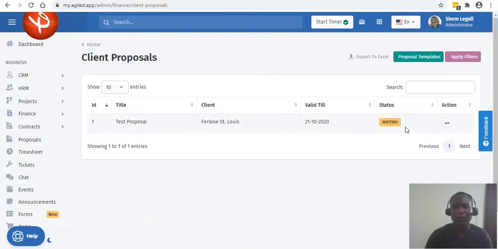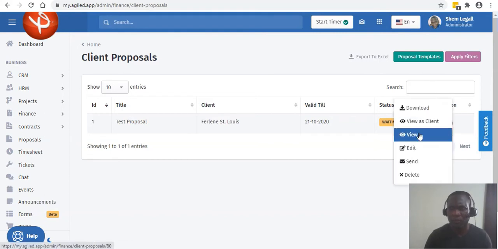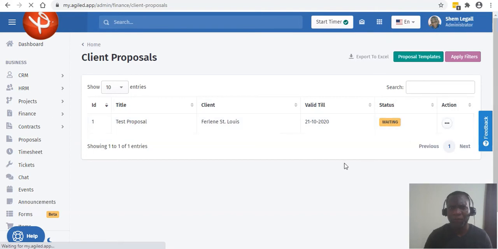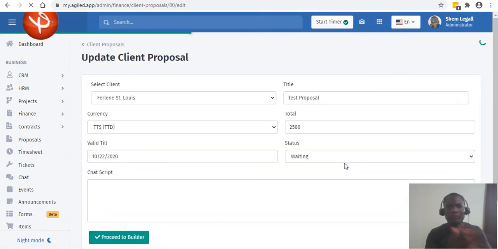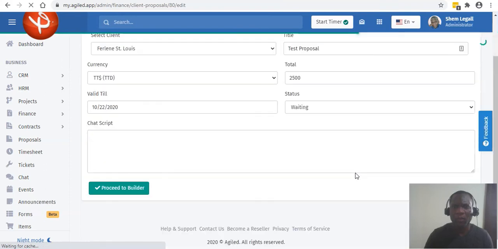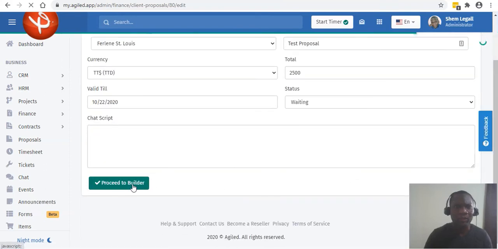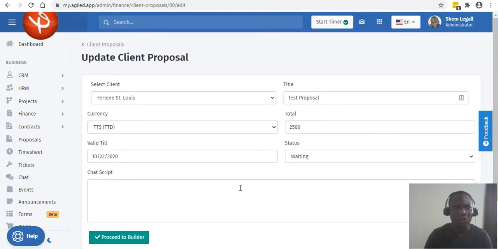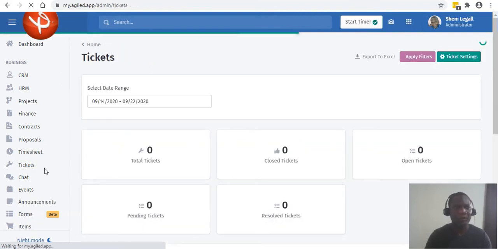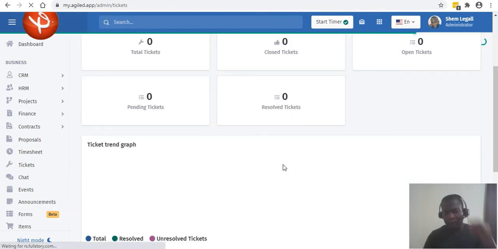But I know that they are working on it, and they have just recently released the create a proposal functionality, and they've updated it as we have been going along. So there's a template builder, and it's a drag and drop kind of a situation, right? Tickets, right? I think I forgot timesheets, but in the tickets, this is something that normally we would have had to use